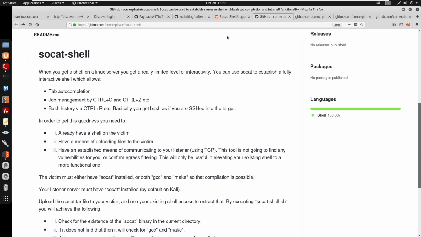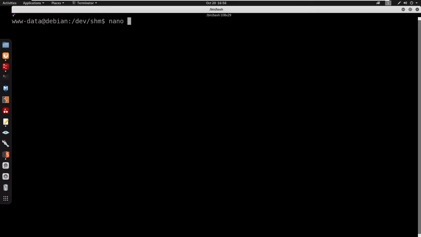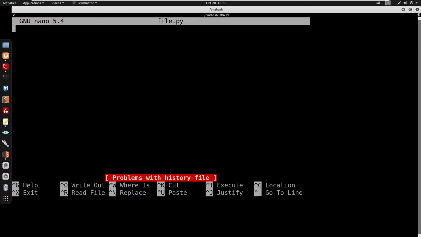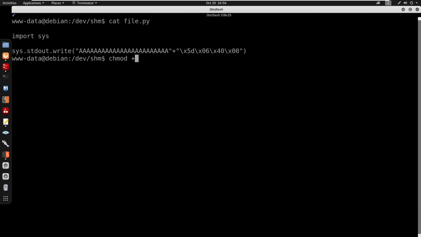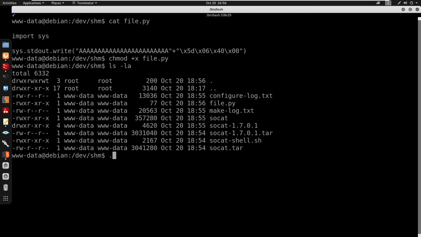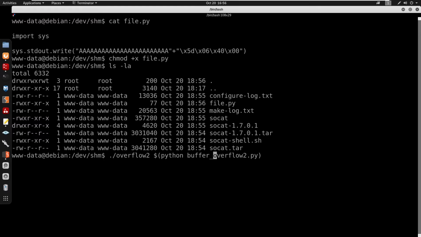So looking back at the GitHub page, we do have this right here, which we can just copy and put into a nano. I'll just do file.py, put this in here. The id is file.py. We'll do chmod +x for file.py. We can just copy this, which will run the buffer overflow. Here, let me just do